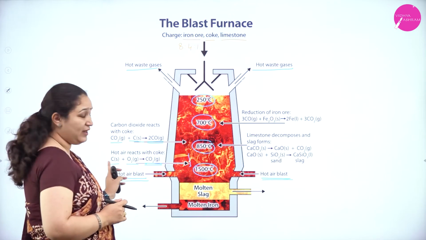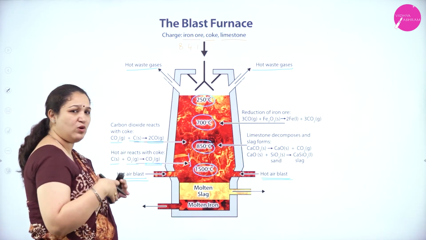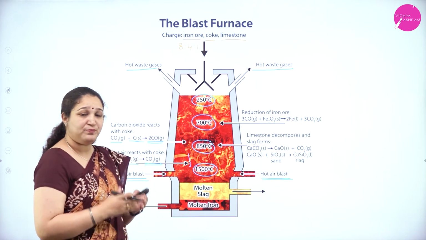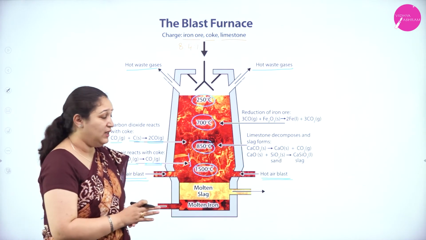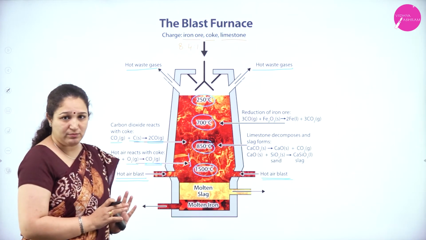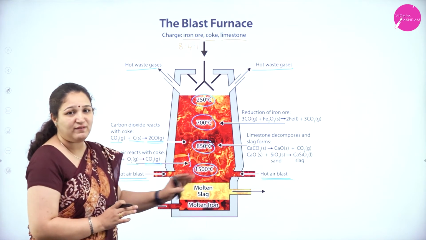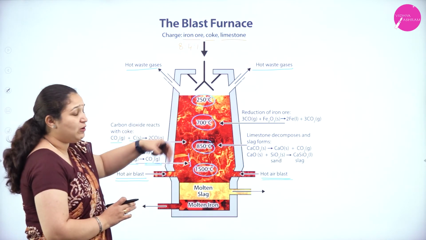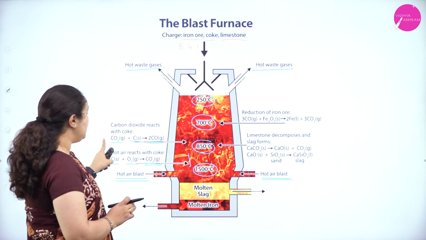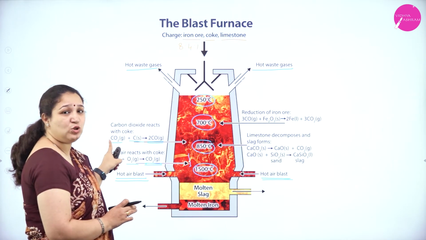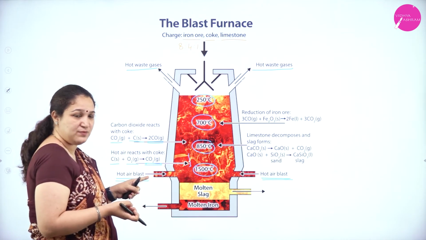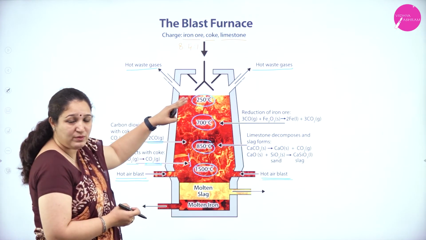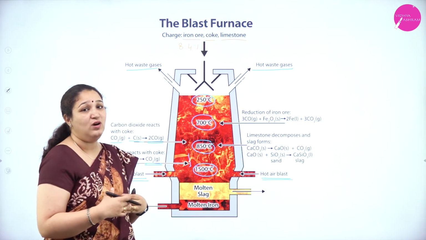Also coke is there. We know at 1073 Kelvin, coke can also act as a reducing agent, isn't it? So we have coke as well as carbon monoxide which is formed in the zone of combustion, that is at around 1500 degrees Celsius. Okay. Now, as we go above, the temperature decreases because this particular reaction is an endothermic reaction. So it absorbs energy. As the carbon dioxide moves above to form carbon monoxide, the temperature also reduces.